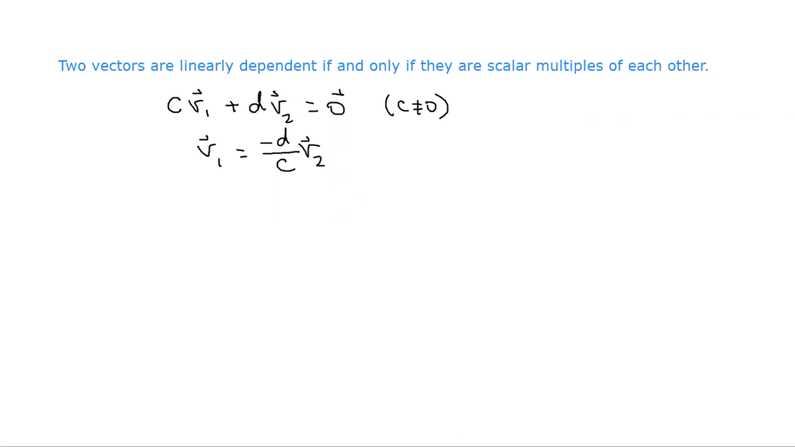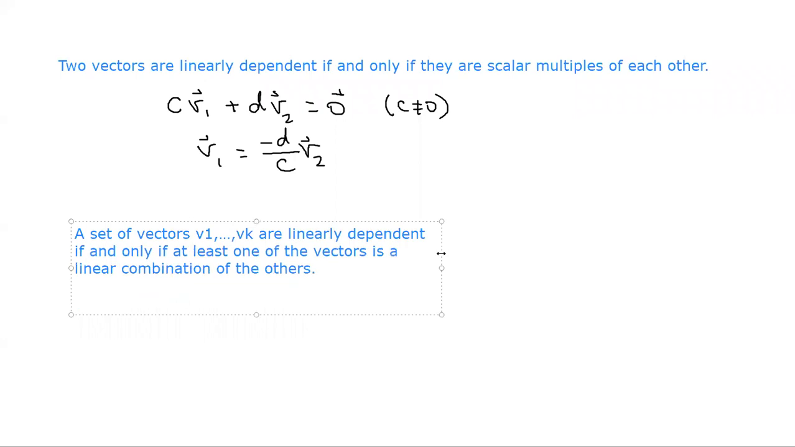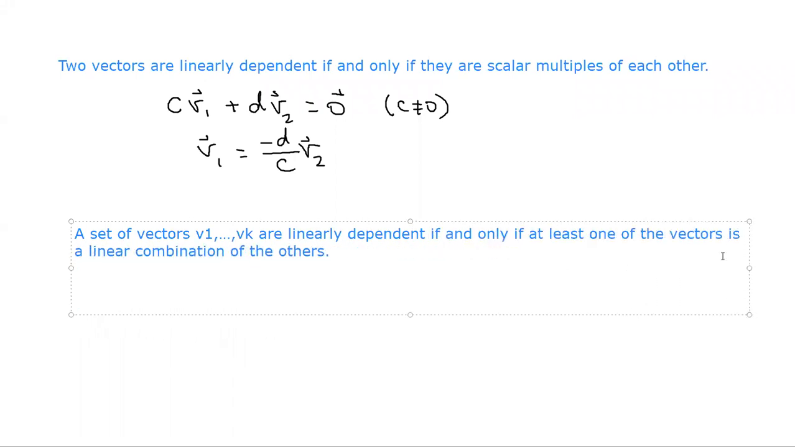We can do a similar thing if we have a set of more than two vectors. It's not quite as obvious right off the bat, but if you have multiple vectors, then they're going to be linearly dependent if and only if at least one of the vectors is a linear combination of the others. So we can figure this out basically exactly the same way as we figured out with two vectors. So if we have a set of vectors that are linearly dependent, then we can write them as